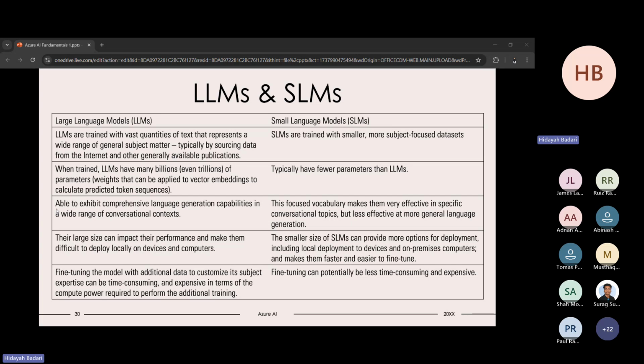it has many billions of parameters to adjust or to apply to calculate the predicted token sequences. Meanwhile, the small language models (SLM) have fewer parameters than LLM. That's the reason why most LLMs need to use GPU or TPU to train the model,